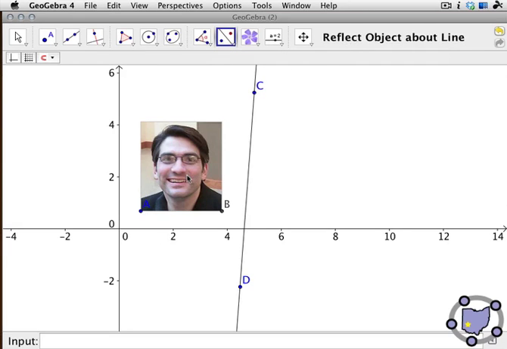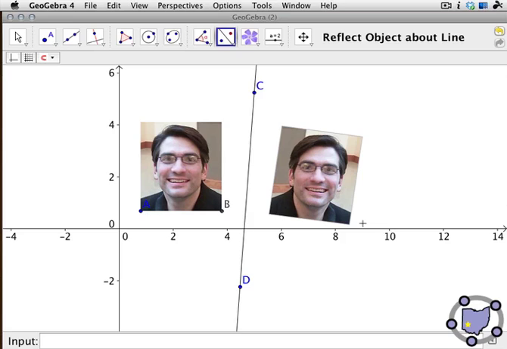We're going to click on the object that we want to reflect, the line of reflection, and it creates a mirror image of the original, an image of the pre-image. I want you to take your image,